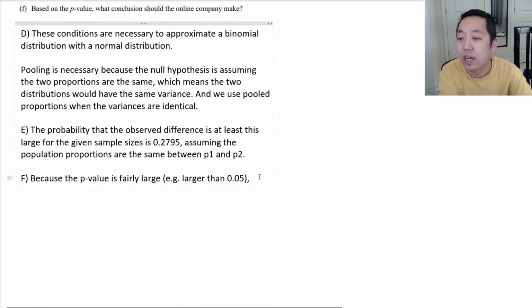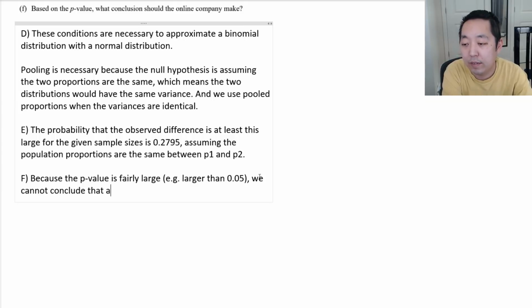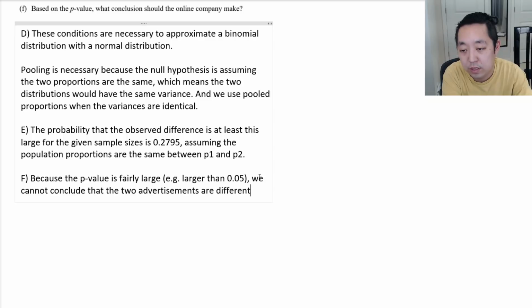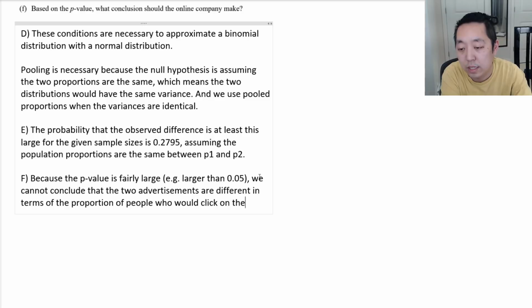So we cannot conclude that advertisement 1 is better. We cannot conclude that the two advertisements are different in terms of the proportion of people who would click on the advertisement